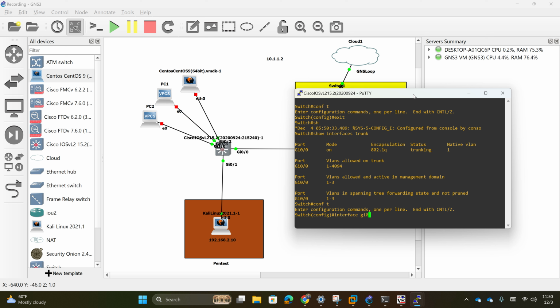Interface Gi0/1. Switchport mode access. So this is going to be an access port, which basically means that we're going to allow a certain VLAN to access this port. So anything that's connected to this port is going to belong to that VLAN. So switchport access VLAN 2,